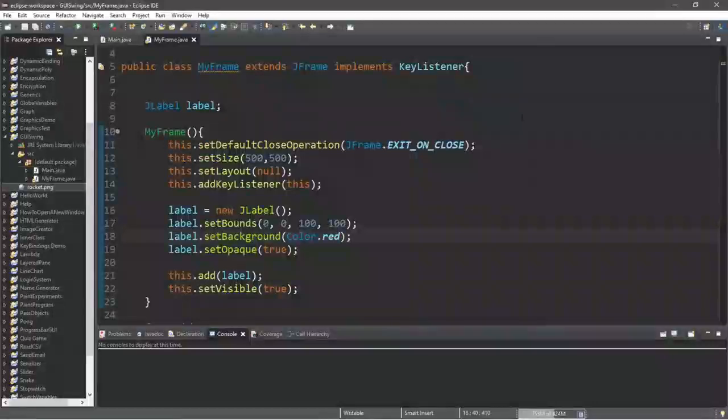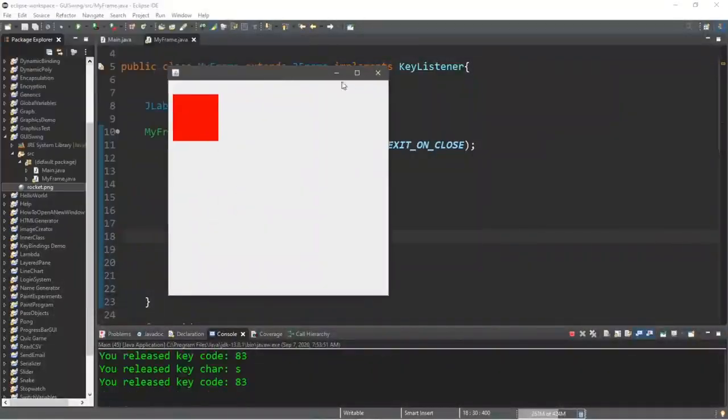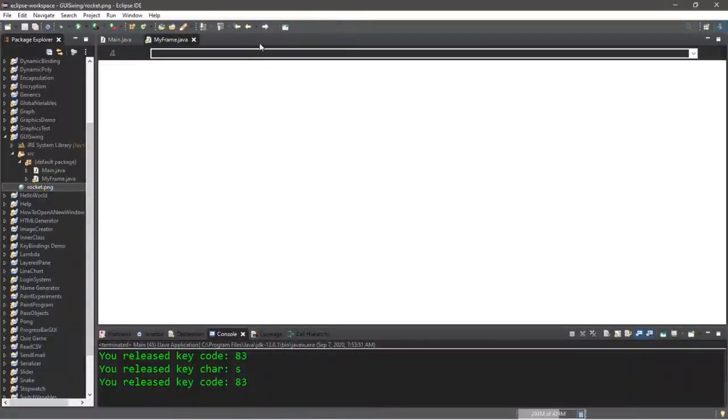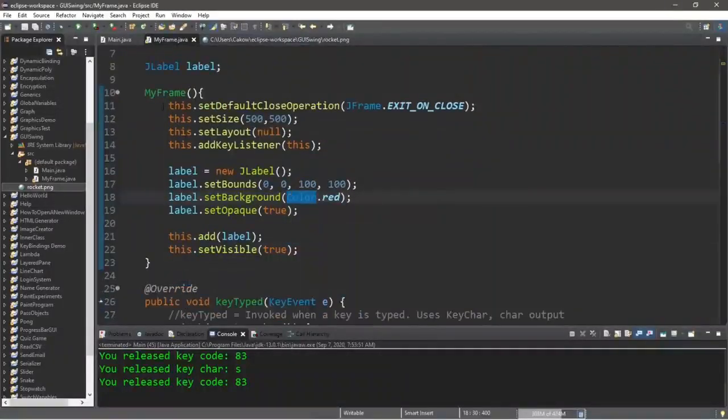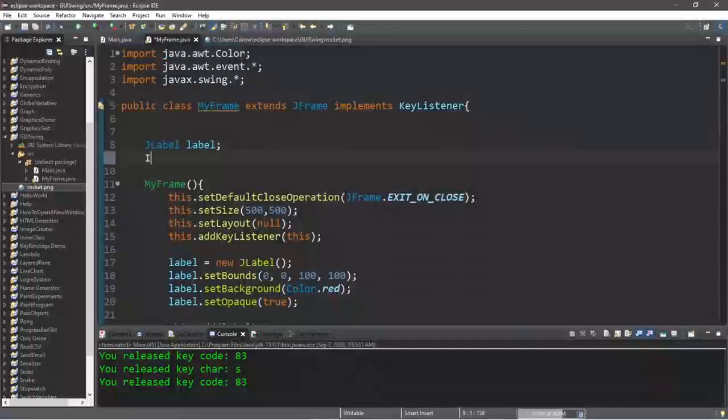Now, I have a special treat to show you guys before you go. Instead of moving our boring red label on the screen, let's move an image. I have an image of a rocket that I want to use in place of this red square. So I'm going to add this icon to the label, but first we need to create an icon. So if you want, feel free to pause the video and download an image that you want to use. So I'm going to create an image icon. We'll call this icon. First, let's declare it, and then within the